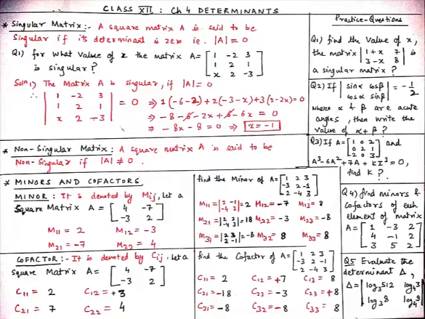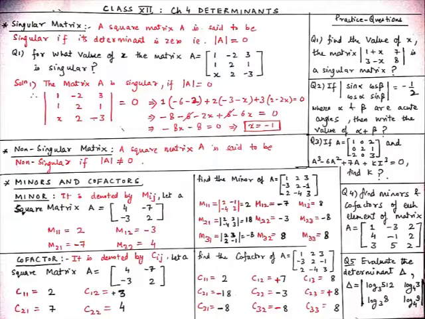Then we will take the A12 element, which is -2. As I have told you, A12 means 2 plus 1, which is 3, and 3 means odd, so here we will take a negative sign. So minus into minus 2 will become plus 2. Here we hide row 1 and column 2 completely and find the determinant of the remaining elements, which are 1, 1, x and -3. So -3 into 1 is -3, and x into 1 is x.